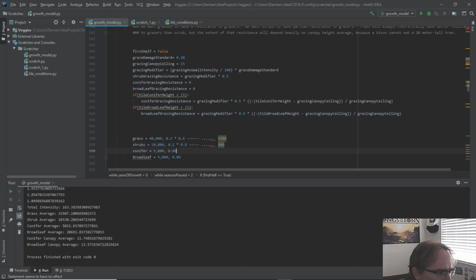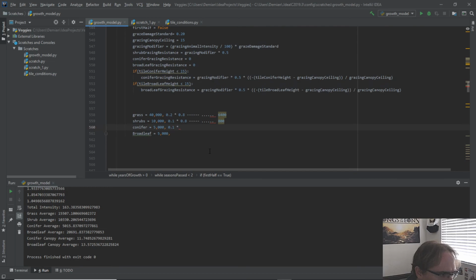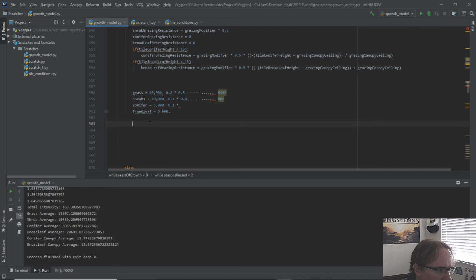Now the trees, our trees are going to be more complex. So it's going to be at least 0.1. Let's say our canopy heights. Canopy heights is 8 and 5 respectively. Alright, that means